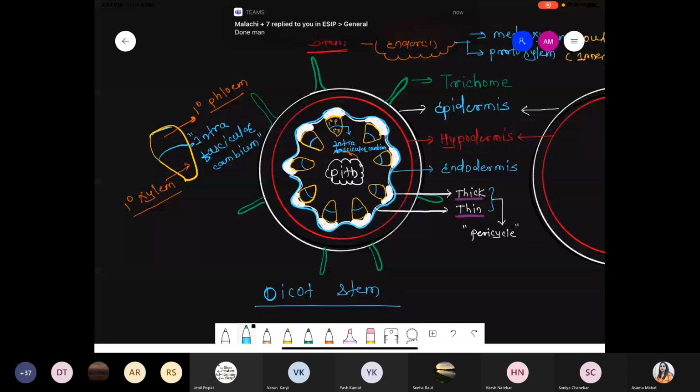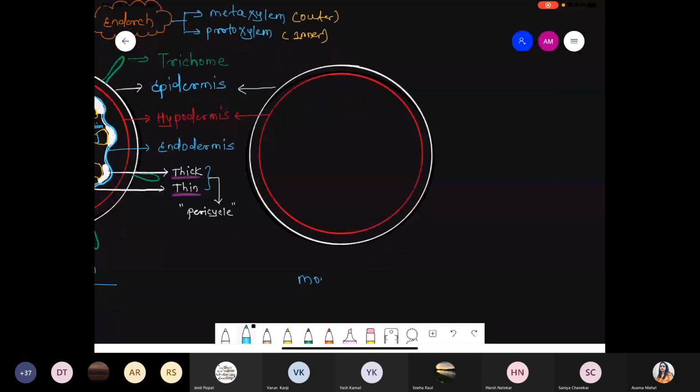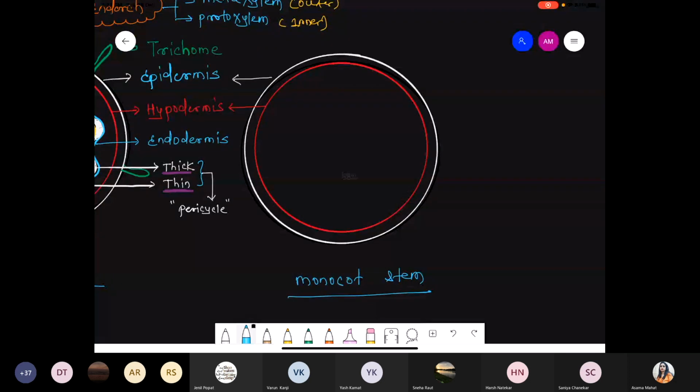Now we are talking about a very simple structure with respect to monocot stem. Next part we are talking about monocot stem. In case of the monocot stem, a typical arrangement of the cortex cell, endodermis or the pericycle, all they are absent. But here the vascular bundle will be present. So quickly draw a very simple structure of monocot stem. So first of all we draw the structure of bundle shape, that is vascular bundle basically.